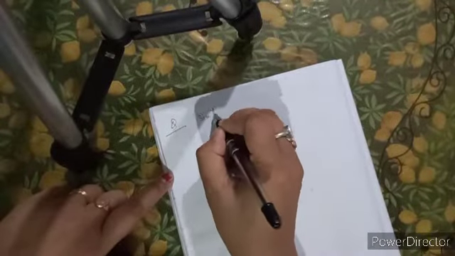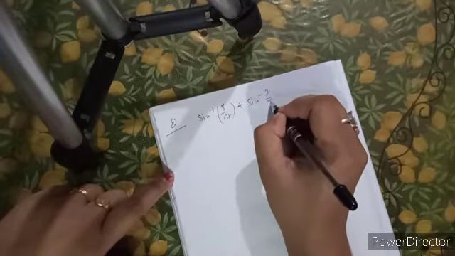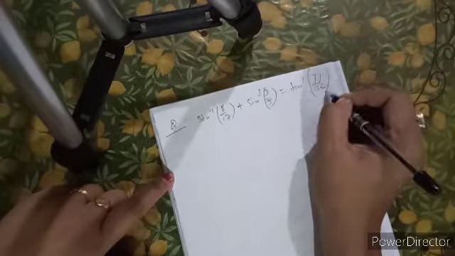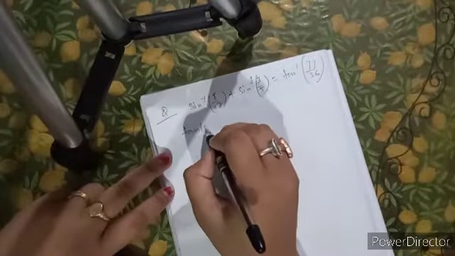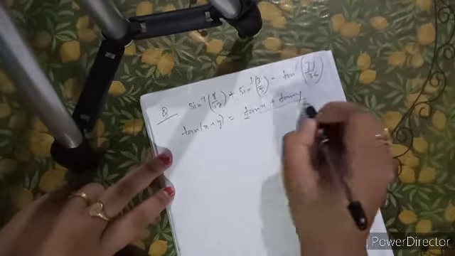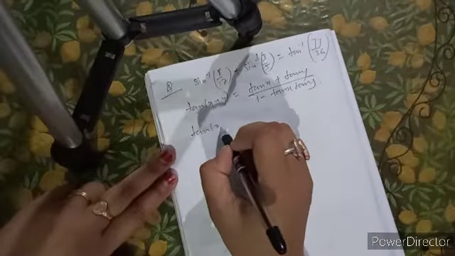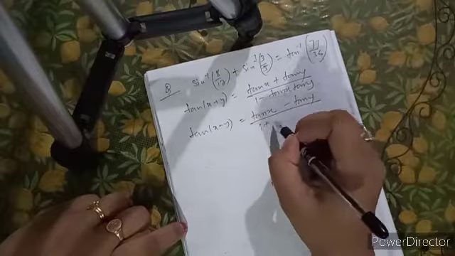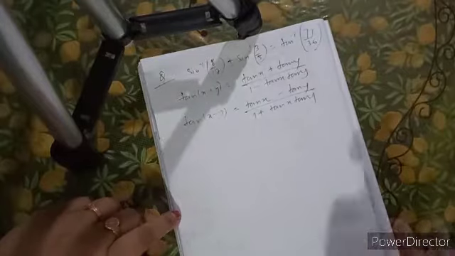Okay, one more example sum I am doing here so that you can understand this. So here if you see, you have on the left hand side sine function and you have to convert it in tan function. So you have two formulas in tan, that is tan of x plus y equal to tan x plus tan y divided by 1 minus tan x tan y, and another is tan of x minus y equal to tan x minus tan y whole divided by 1 plus tan x tan y. So for that you have to find the value of tan x and tan y.